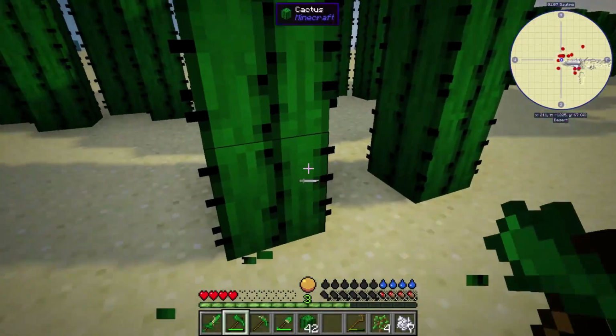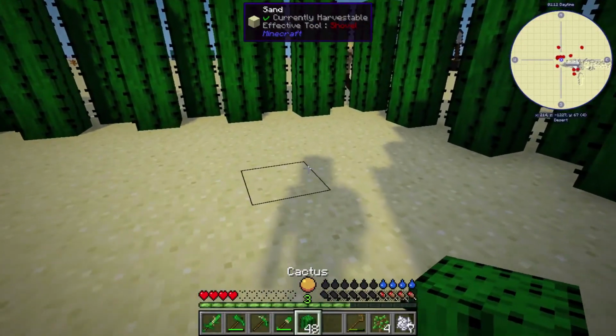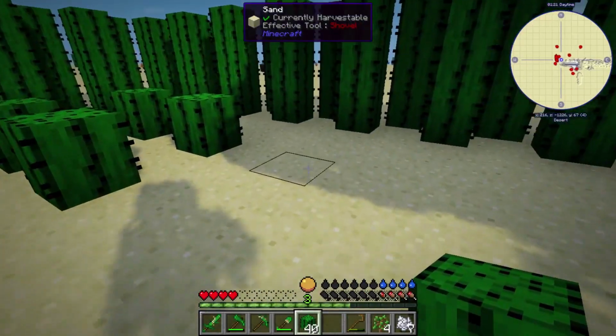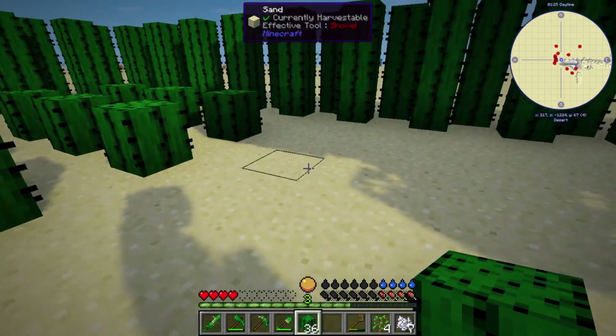Today we're starting out and I'm just cutting down some of this extra cactus that I have planted. And I think I'm going to replant this just to make our lives a little bit easier. We want to keep a cactus farm going. And today we're just going to jump straight into the episode because I really have a lot to get done